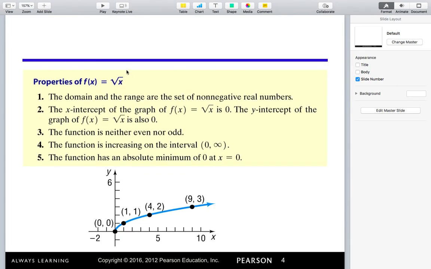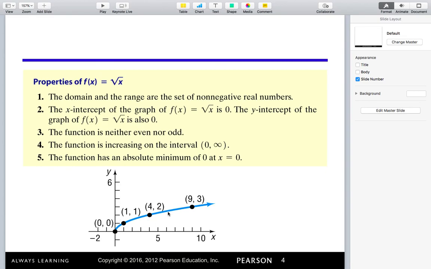So you're responsible for knowing how to find the domain of this function. So you have square roots. Technically, when you have a square root, all the values under the square root have to be 0 or greater than 0. So the domain and the range of this function, which below you see how the graph looks like, are all non-negative real numbers, which means the domain will be all the x's greater or equal to 0, and the range, which is your y values, also will be all the y values which are greater or equal